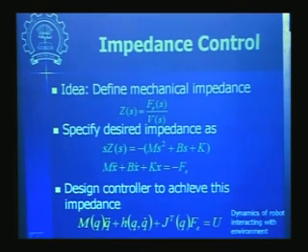impedance. In the case of stiffness control, we don't have these terms x dot and x double dot. We just specify that your external force Fe is equal to k times x. So k is a stiffness that we desire. So that is how, in some sense, we'll come to that again a little later. And then you design a controller which achieves this kind of an impedance when interacting with the external environment.